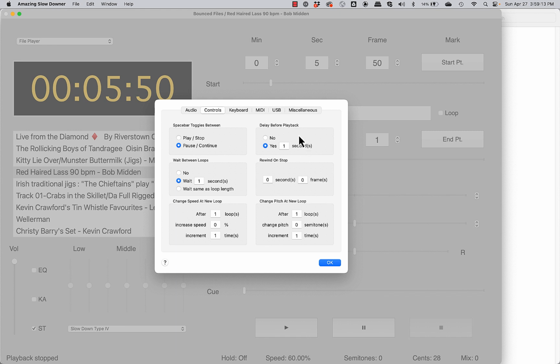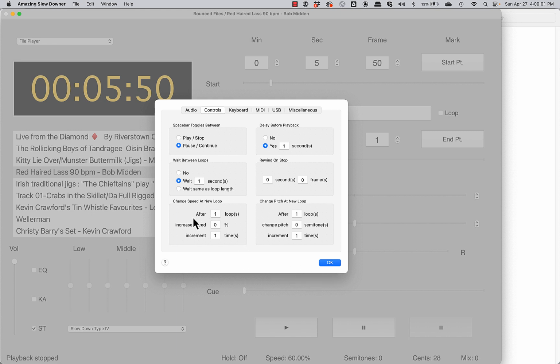You can also, to the right of that, set whether there's a delay before it begins playback, and if so, how many seconds that delay is. That can be useful if you need to get your instrument in place after you click the play button. And so, for instance, I play flute. It takes a moment for me after I click the play button to pick my flute up and get it next to my lips so I can play. So I have a little bit of a delay there. Down on the next level on the left, you can also set a delay between loops each time it repeats the loop. I think these are the most useful